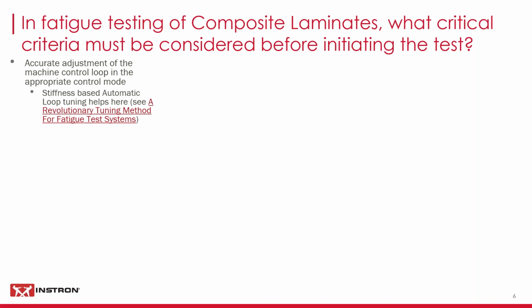If the machine isn't tuned correctly, you won't be getting the stress levels or the strain levels that you expect for your test. And that kind of thing is made much easier by using automatic loop tuning tools rather than manual loop tuning. And that's something that we feature on our dynamic controllers and software, is a stiffness-based automatic loop